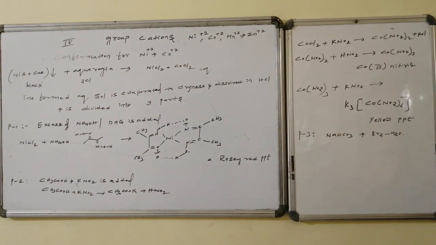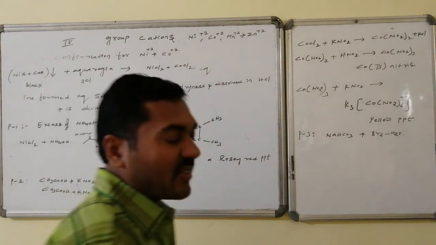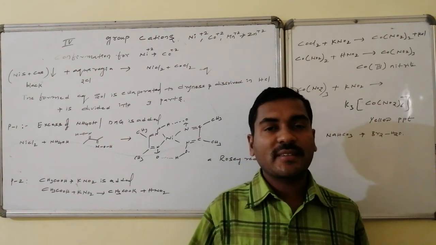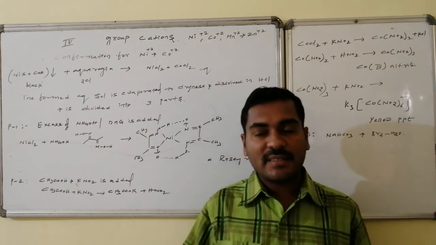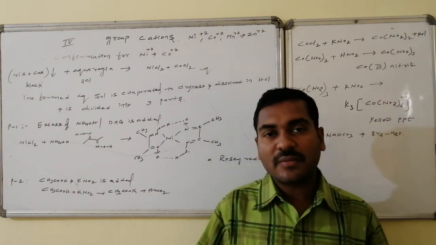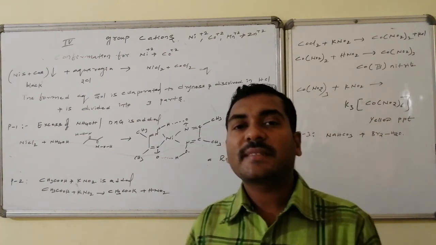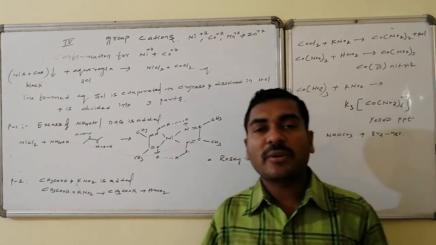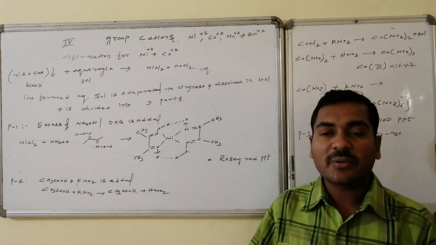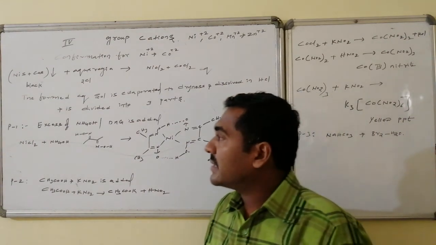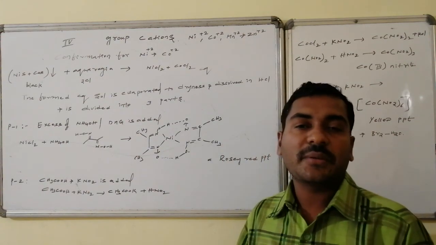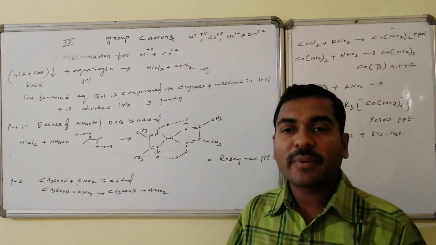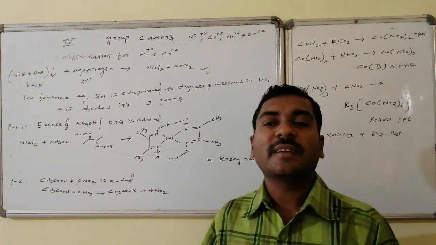Confirmation of nickel and cobalt can be done in the same fashion with the same varieties of reagents. The different products, precipitates and colors give the information about the presence of nickel as well as cobalt within the same type of reactions. The cobalt sulfide and nickel sulfide, whichever is formed as a black color precipitate, is allowed to react with aqua regia. As a result of the reaction with aqua regia, it is converted to nickel chloride as well as cobalt chloride in aqueous solution, and this is allowed to evaporate followed by dilution with HCl solution.